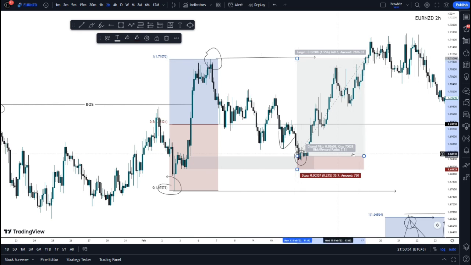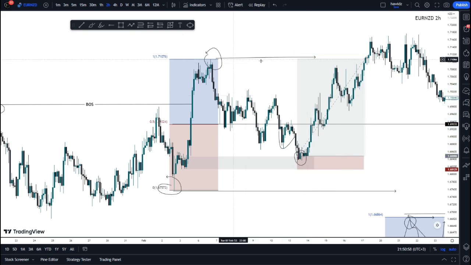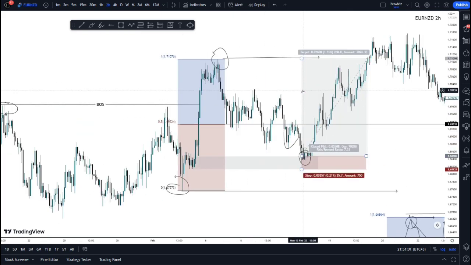And of course, I'd be looking to target the highs, and that would have been a great 7.3 RR trade, which is amazing, guys. So that's example number one on how you could trade this, based on a marriage of different concepts. So you can see that